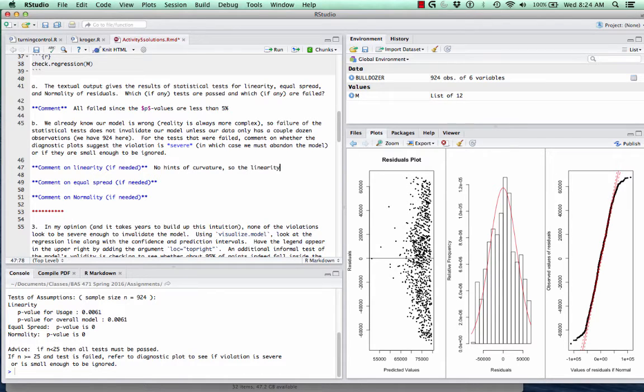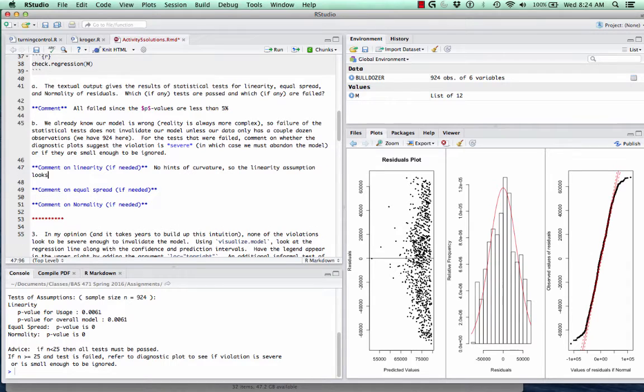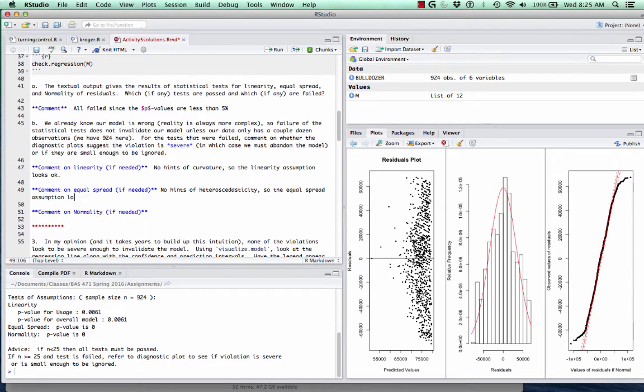So the linearity assumption looks okay. Equal spread. There were no hints of heteroscedasticity, so the equal spread assumption looks okay. Typical size of the residual is about the same everywhere. That's good news. That's one of the key assumptions of our model that allows us to trust the confidence intervals